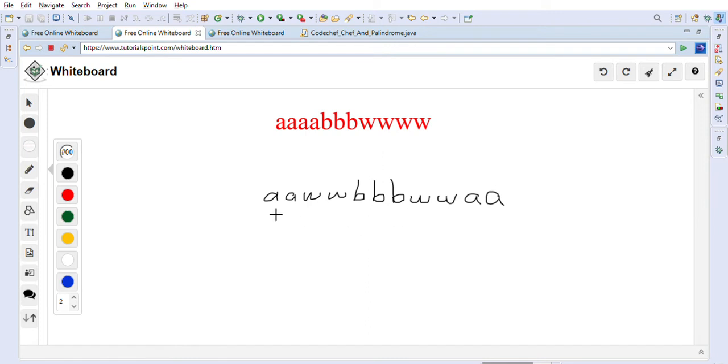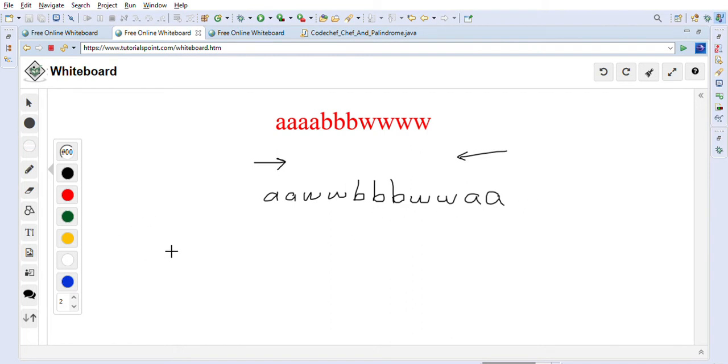If you read this string from both sides, it will read the same. It reads like AAWWBBBWWAA, and if you read from the back side, again it reads AAWWBBBWWAA. So from both sides it reads the same, so it is a palindrome.